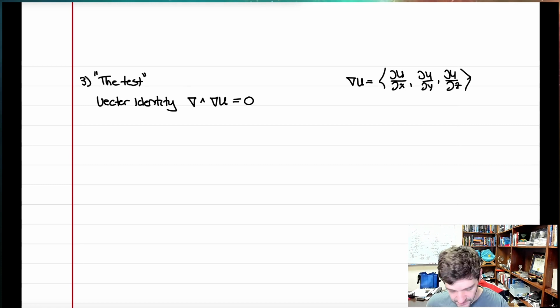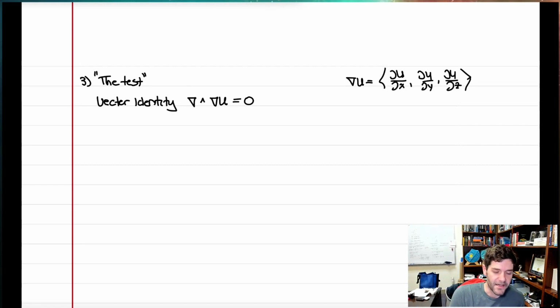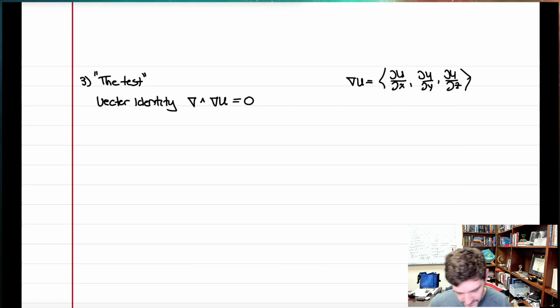Okay, that was an aside. So this vector identity is that the curl of any gradient is 0. That's not too hard to prove, actually. So if we